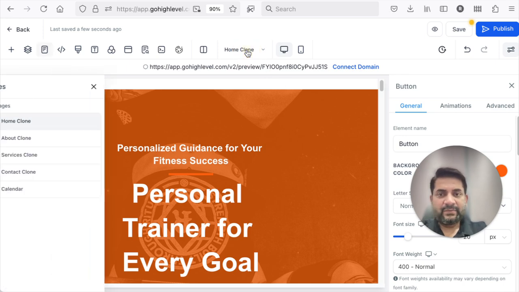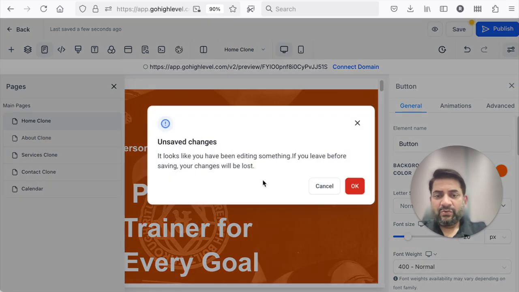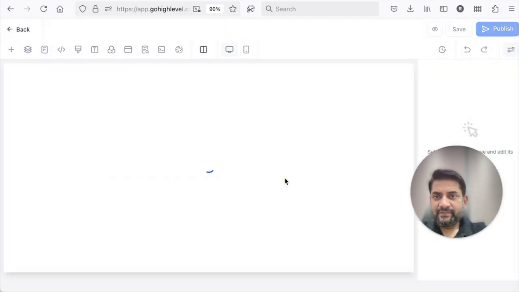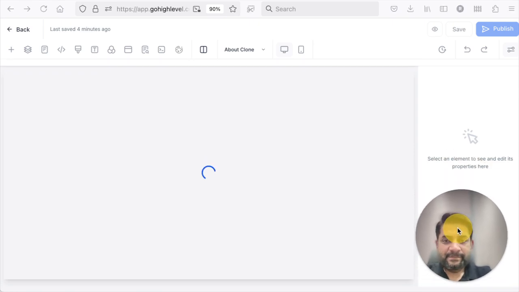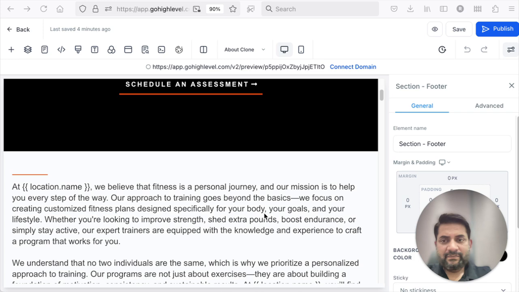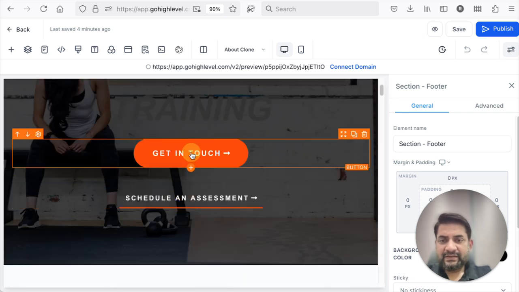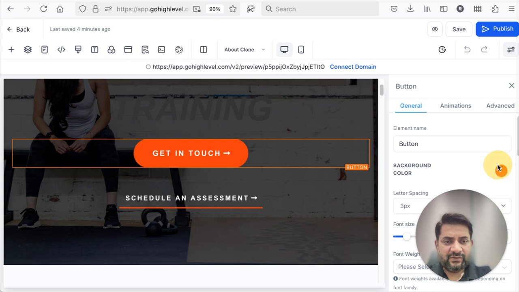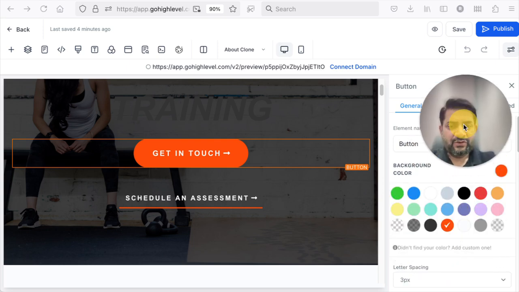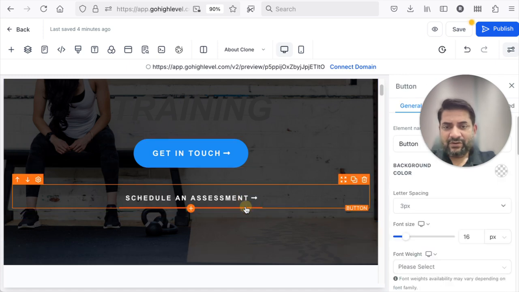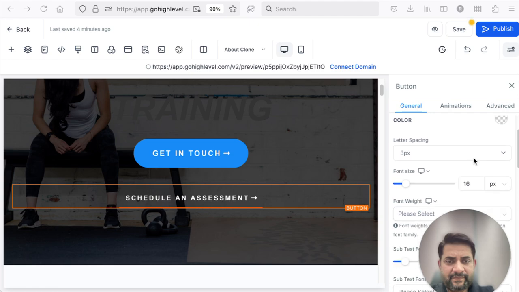Now, if you want to make similar changes to other pages, go to the about page. You'll find the about page over here. Make changes to the about page, match the colors, change the color. So you'll find everything right here. So you do not want the red color, that does not go with your branding. You can change it to blue or whatever color goes with. You can change all the colors that's here,